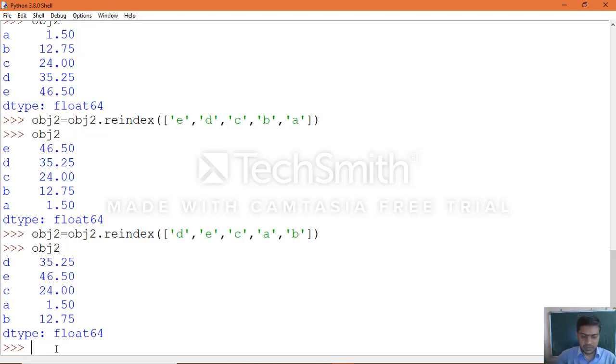In the same way, dropping an element: the same object from which you want to drop data.